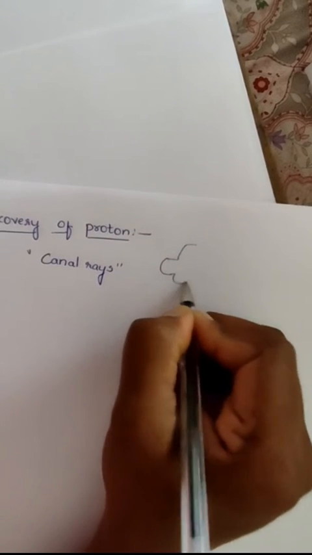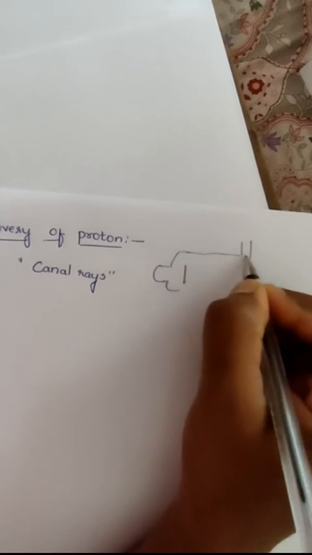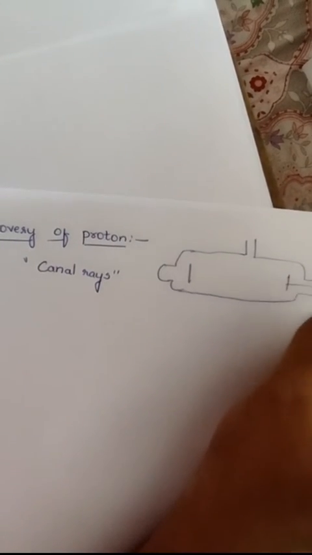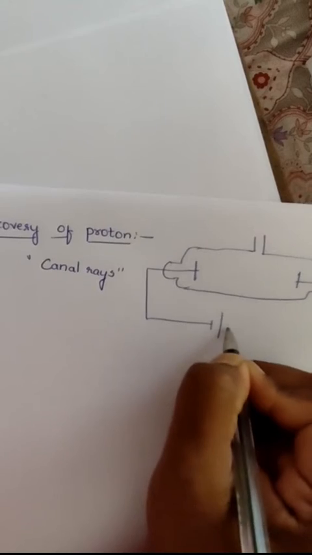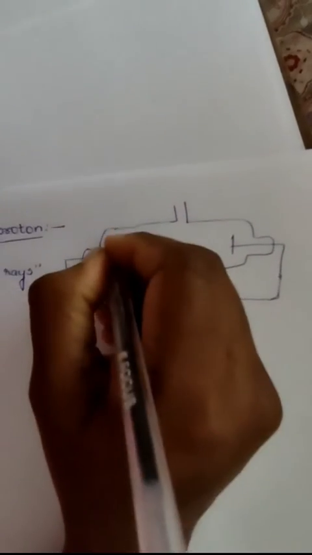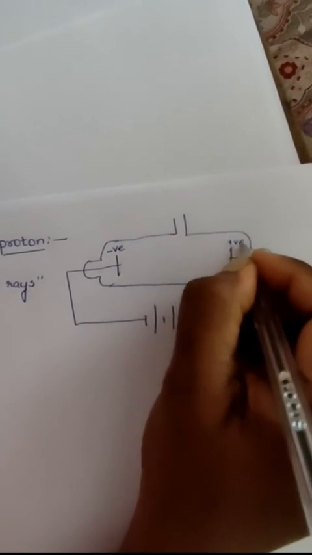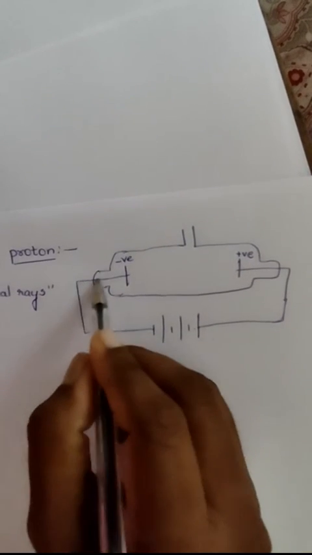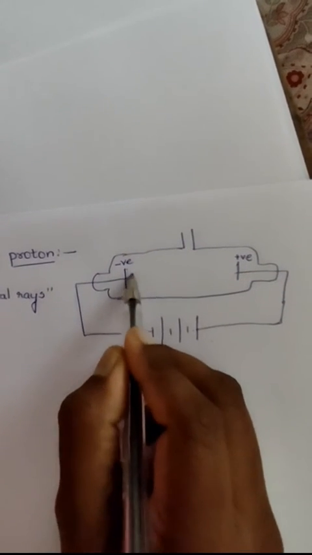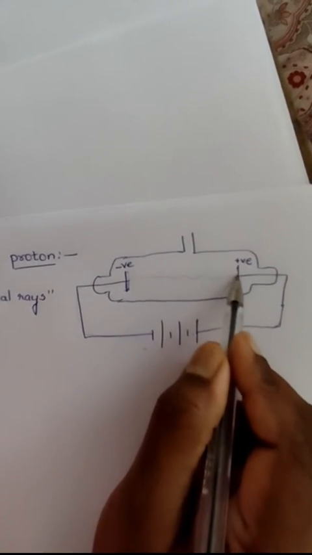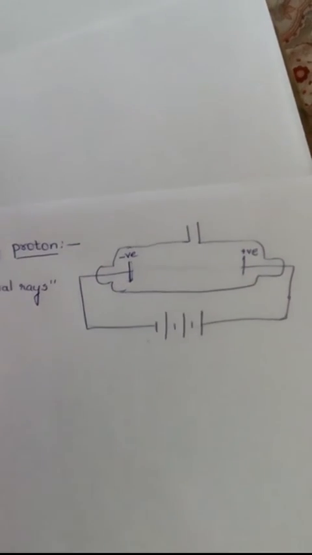We all know that in the cathode ray discharge tube, during low pressure and high voltage, when electricity is passed through this chamber, cathode rays are formed and then they move towards the anode. In this modified experiment,